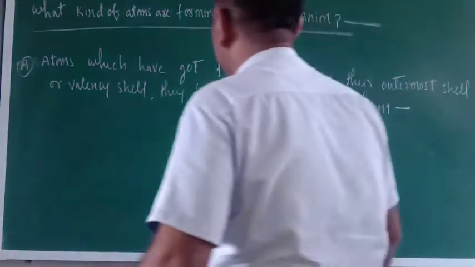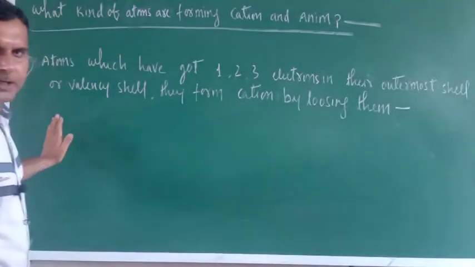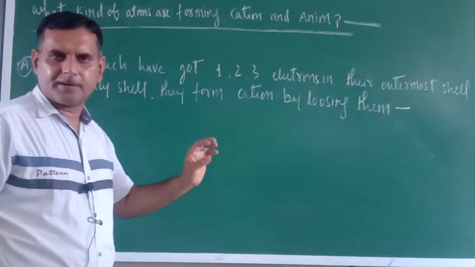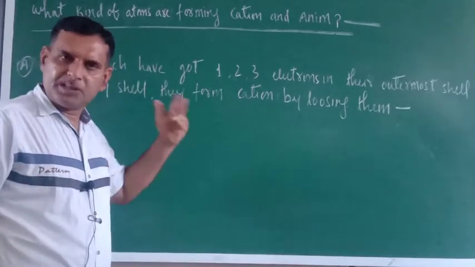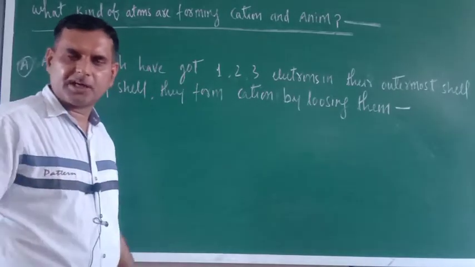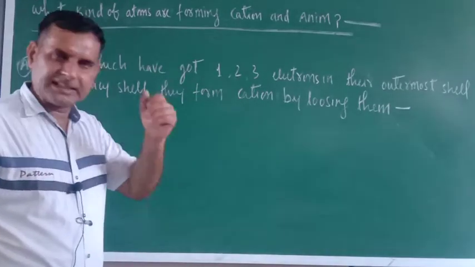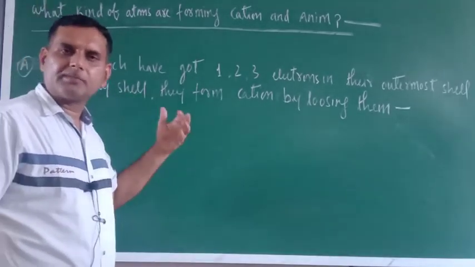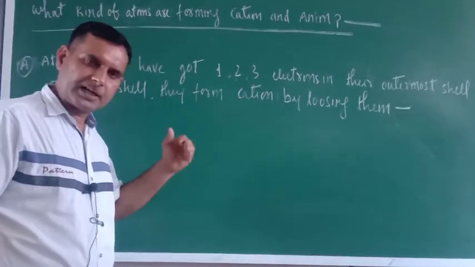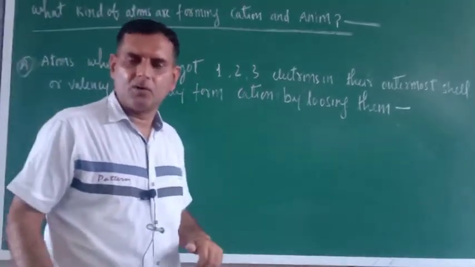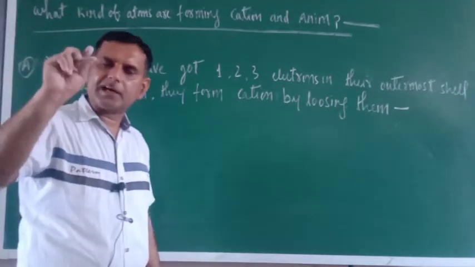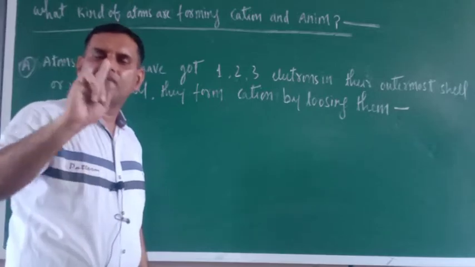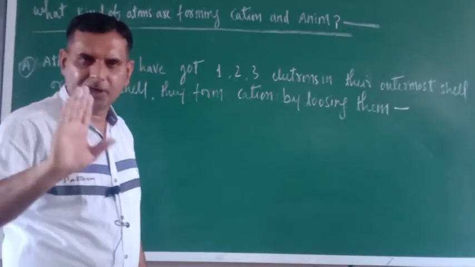So yesterday's video I taught you how to write the chemical formulae. For writing the chemical formulae, two essential things were there: the cation name with its charge, and the anion name with its charge, which you should remember. Now the question arises here: what kind of atoms are forming the cation and what kind of atoms are forming the anion? That is very essential. If you know the atomic number of that particular atom, very easily you can decide whether it will form cation or anion. Are you getting my point or not?